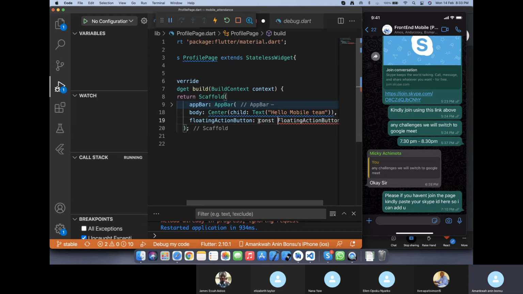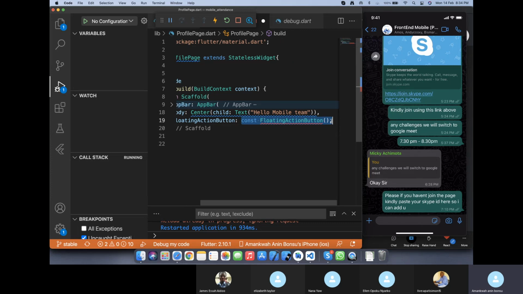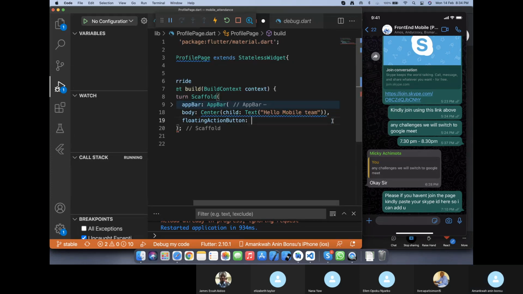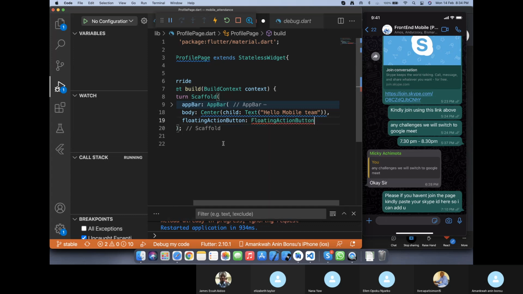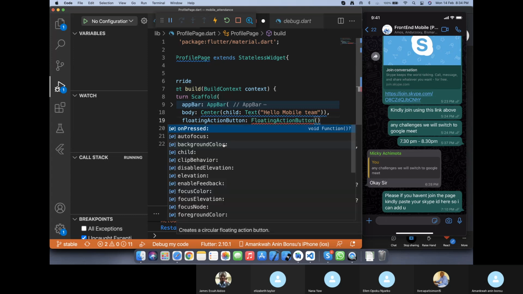Then press a constant heart. Okay, fine. So let's create a new floating action button. Is it closed? Okay. And within this,